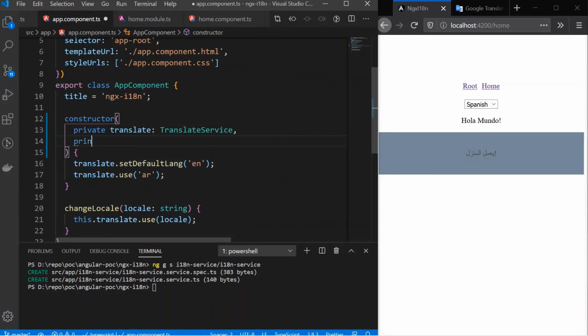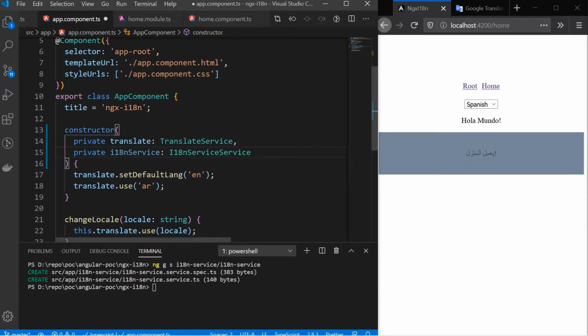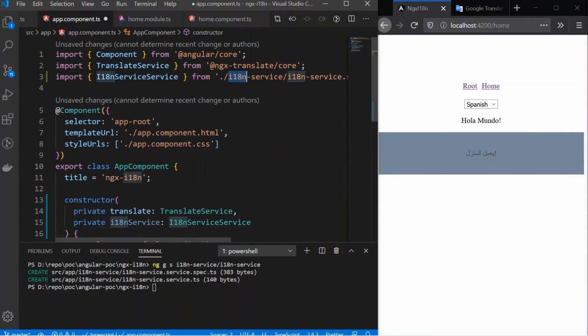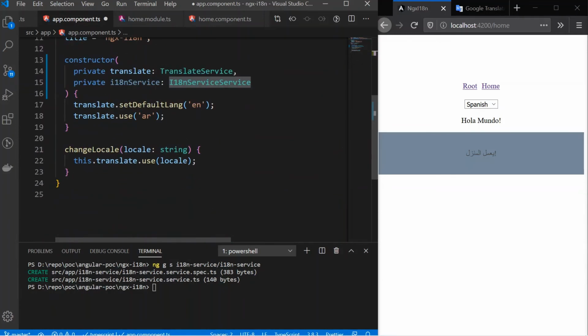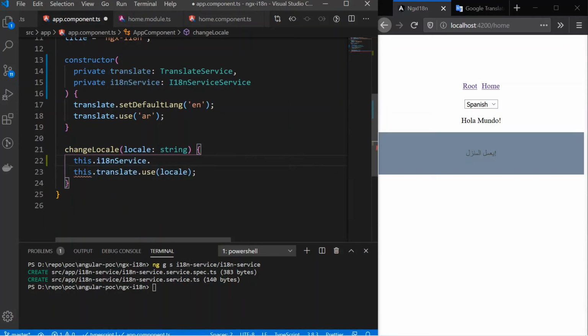So I'll create the service, i18n service. Let's import it. Okay, I've imported it here. Now we'll use the service here to change the locale. We'll pass the locale here.